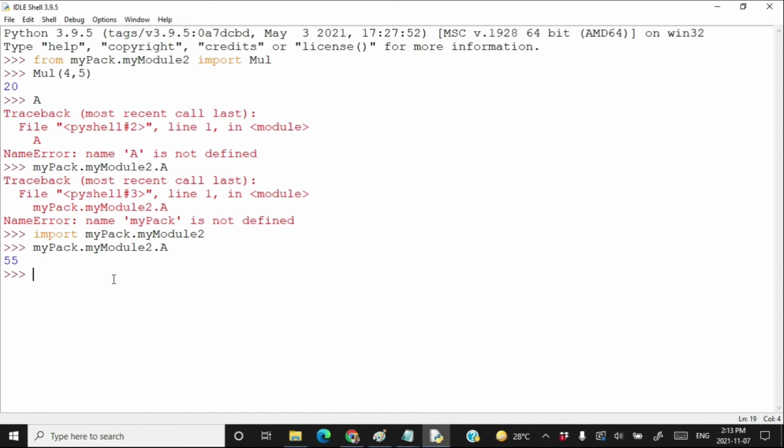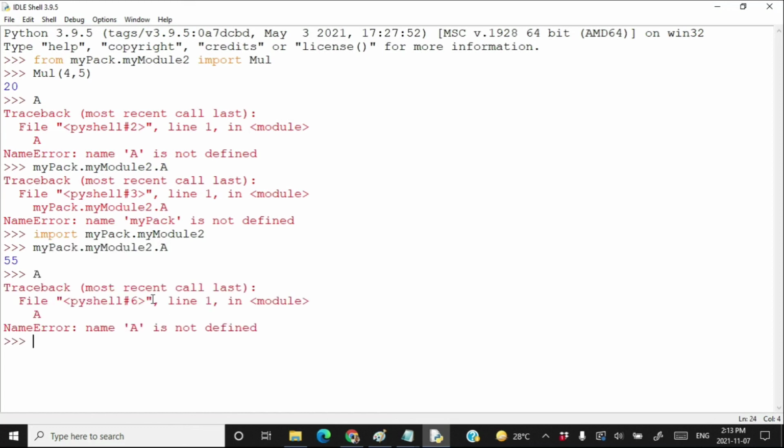So either you can import a particular variable or a function, or you can import a complete module from a package. But in that case, you will have to call all the variables or methods by using the full name of the module. You cannot write a directly here. It will not work. But if you have imported a, then you can write a and it will work.